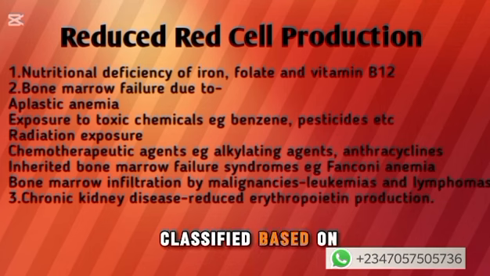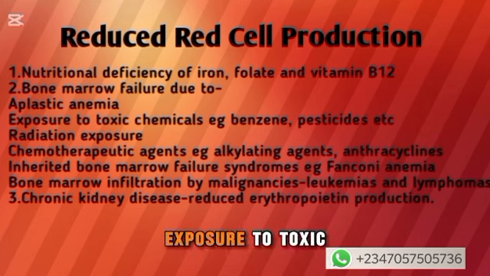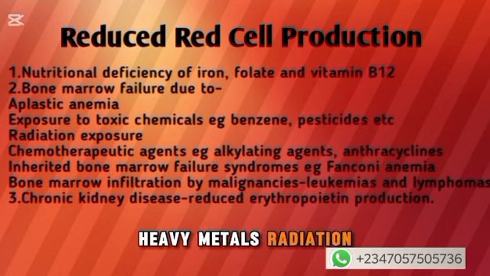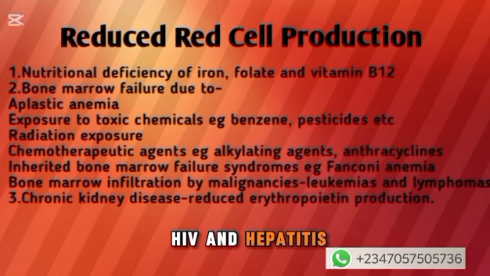Anemia may be classified based on etiology: decreased red blood cell production in nutritional deficiency of iron, folate, and vitamin B12, bone marrow failure due to aplastic anemia, exposure to toxic chemicals such as benzene, pesticides, heavy metals, radiation exposure, chemotherapy drugs such as alkylating and platinum-based agents, viral infections including HIV and hepatitis viruses, inherited bone marrow failure syndromes such as Fanconi anemia, bone marrow infiltration by malignancies, most especially leukemias and lymphomas, chronic kidney disease leading to reduced